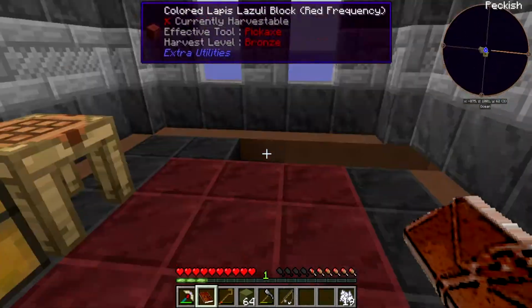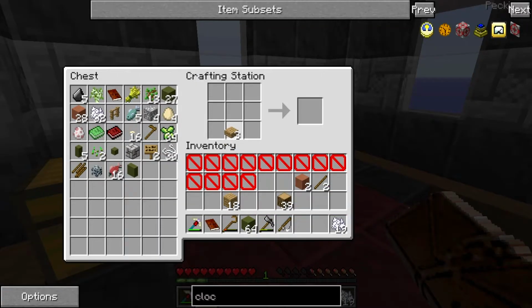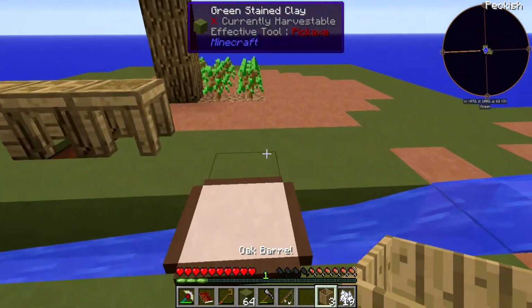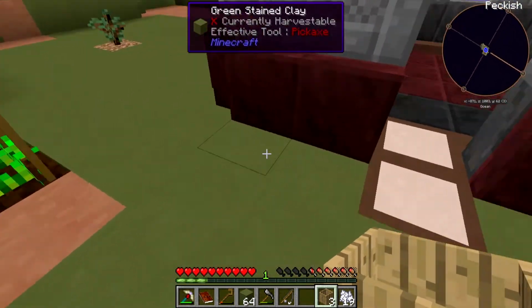So we need this. So we put the slab in the bottom and then the planks up either side, and there we are. Oops. We have barrels. Now we want to put them...